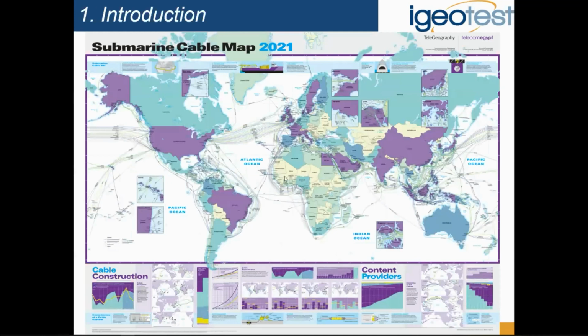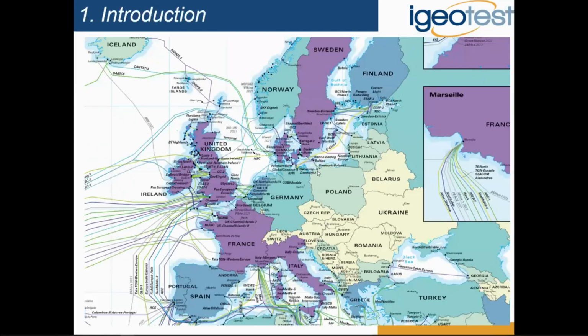So here we can see a global map where we can see the huge amount of cables that are worldwide. In the last 35 years, the seas and the oceans worldwide have gone from being clear of submarine cables to being covered by an extended net of submarine cables. Most of them are related to telecommunications, so nearly every corner of the globe is now physically connected. If we go to Europe, it's also the same line as the rest of the world. Specifically, the need of the marine electrical interconnections